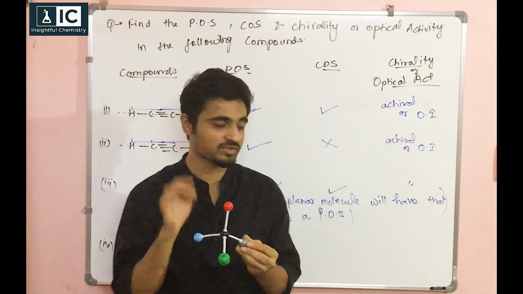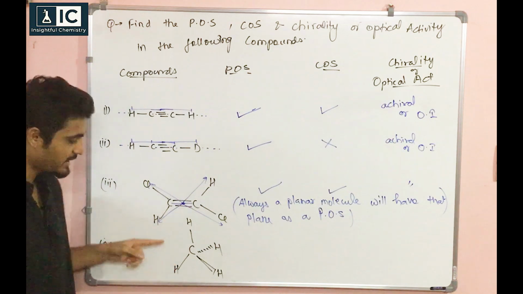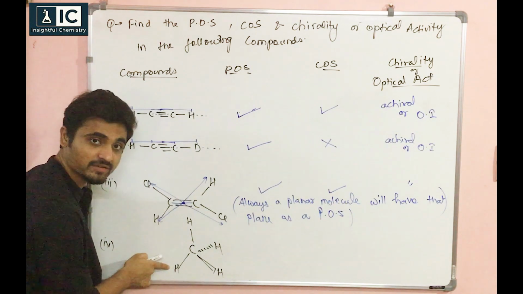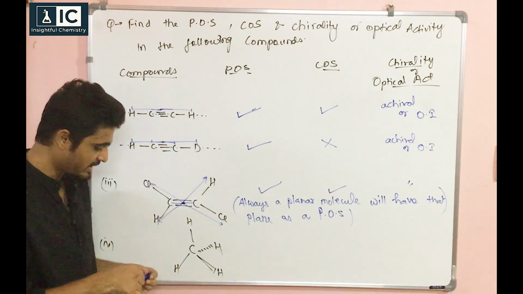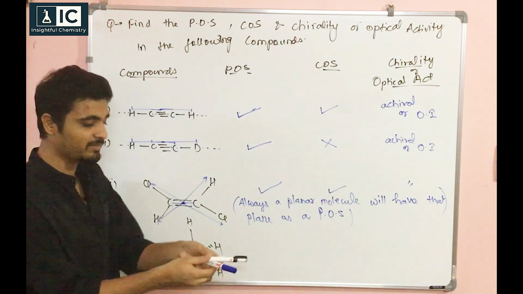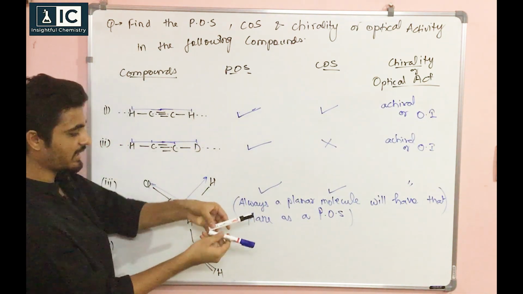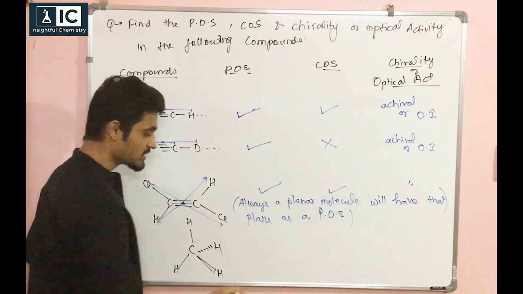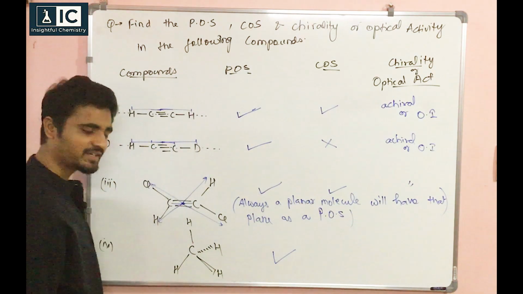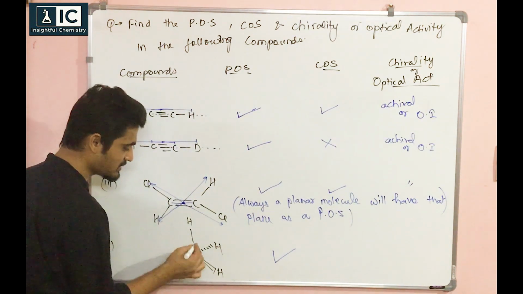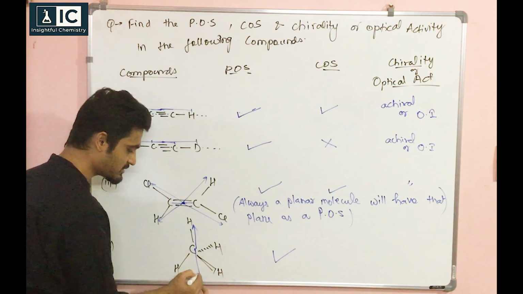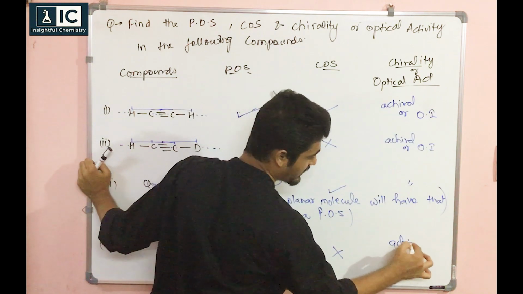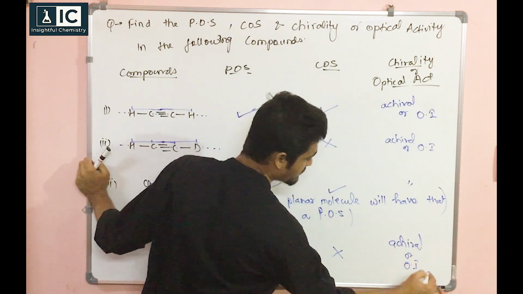Am I clear? Now if all are hydrogen, and I consider these two to be in the plane, then I can cut this in half, and the one which is coming outside and the one which is going backside will be like this. They will be mirror images because both are H, H. Understood? So there is a plane of symmetry. How about center of symmetry? If this is carbon, going upside I get hydrogen, going downside, do I have anything? No. So no center of symmetry, but still it is achiral or optically inactive.